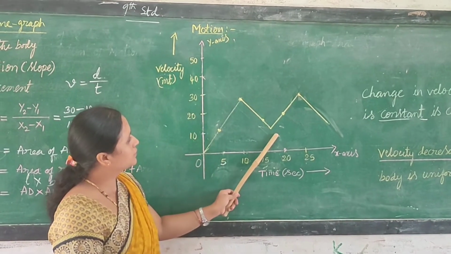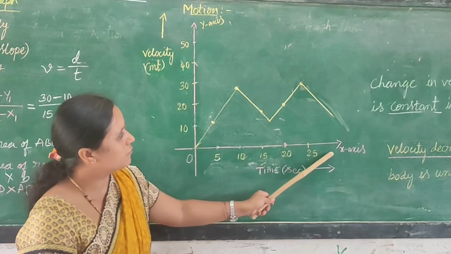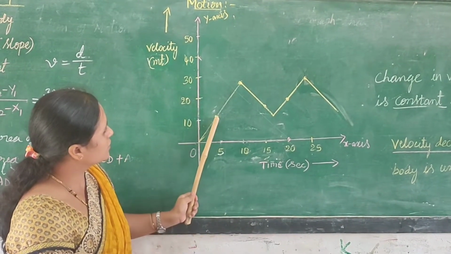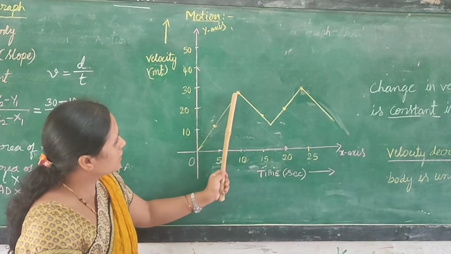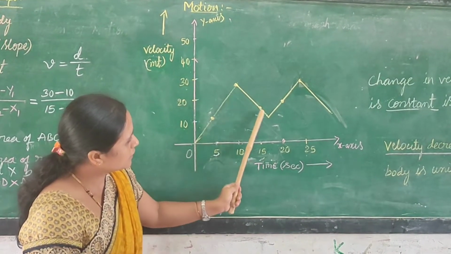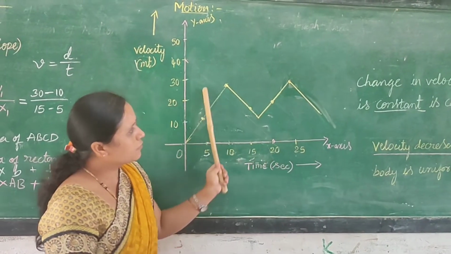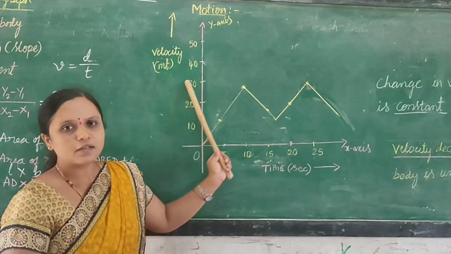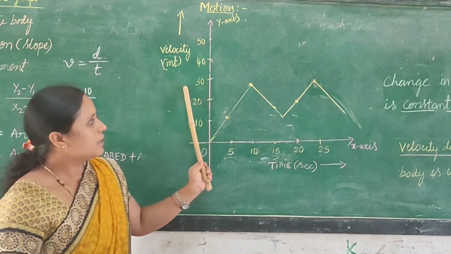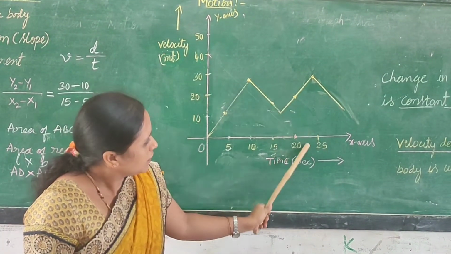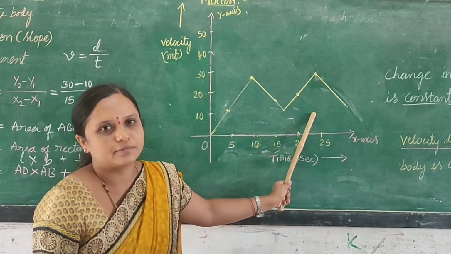Students, you can observe this graph. Here the speed of an object varies in different intervals of time. Here in 5 seconds the speed will be about 10 and in 10 seconds it is more than 20. So the speed increases and then decreases, once again increases and decreases. This is non-uniform acceleration. What is meant by non-uniform acceleration? When the body travels unequal distance in equal intervals of time, then the body is in non-uniform motion.